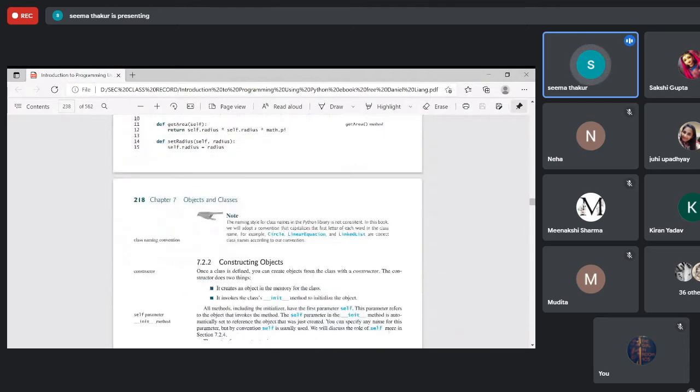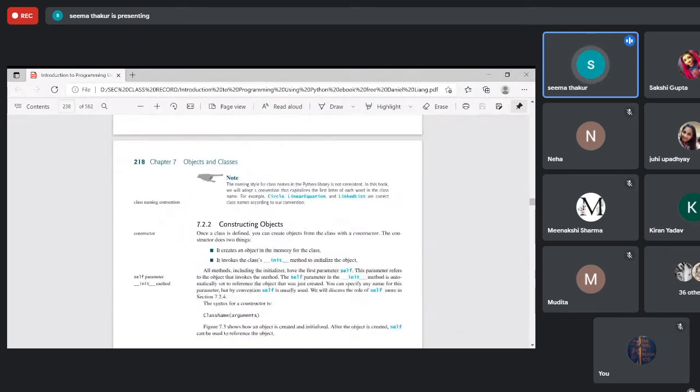So how can we create an object? So create an object as we create in a class, like object name, then equal to, and then class name, and then if there is some